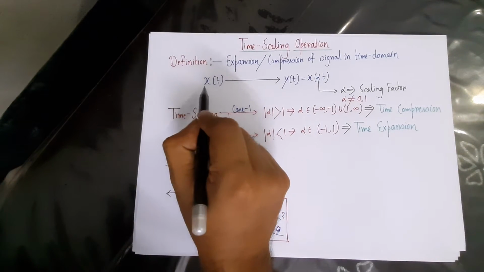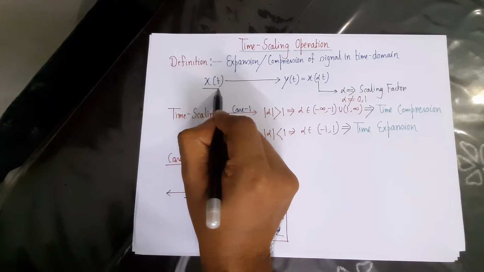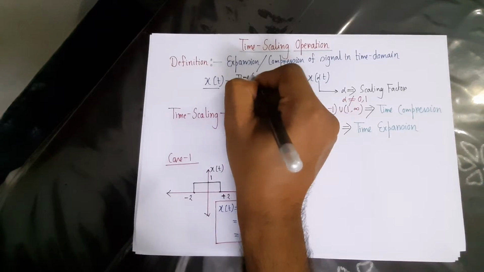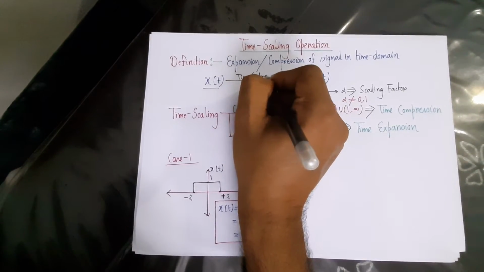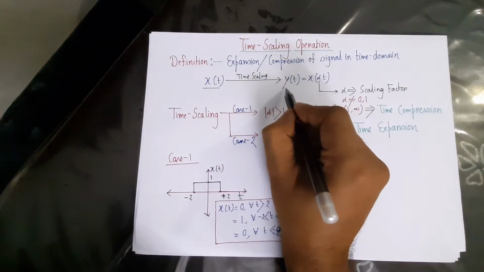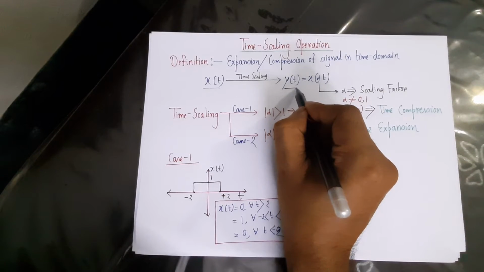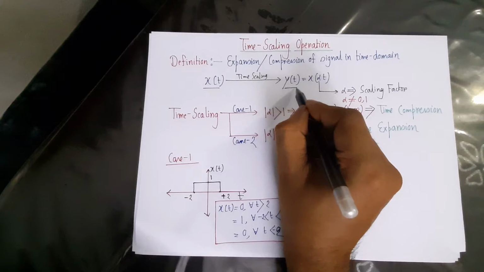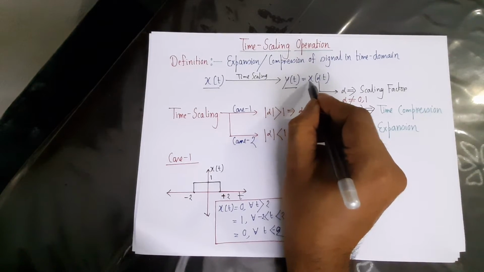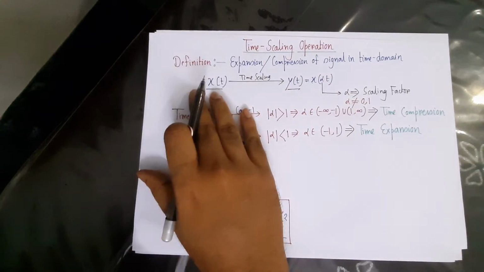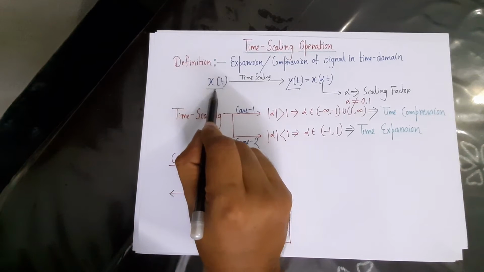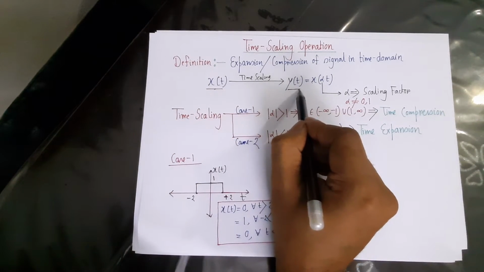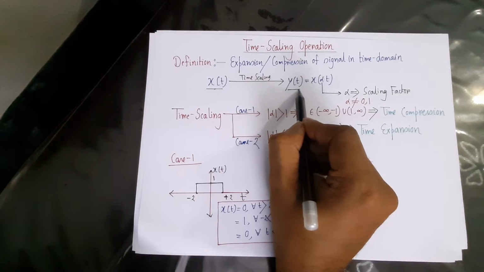Suppose we have the original signal denoted by x of t. After the time scaling operation, suppose we obtain the signal denoted by y of t. Then y of t is defined as y of t is equal to x of alpha t. If we compare the original signal x of t and the signal we obtain after the time scaling operation, that is y of t,